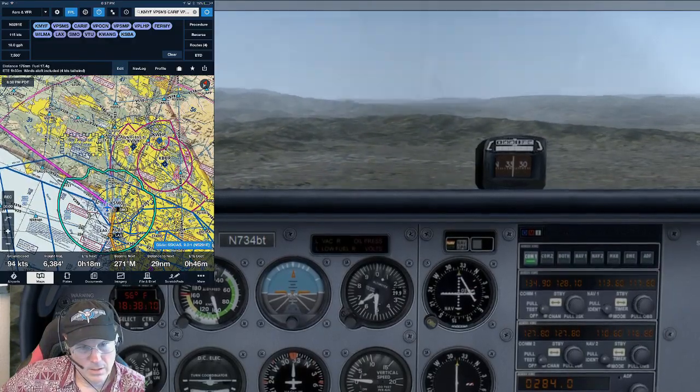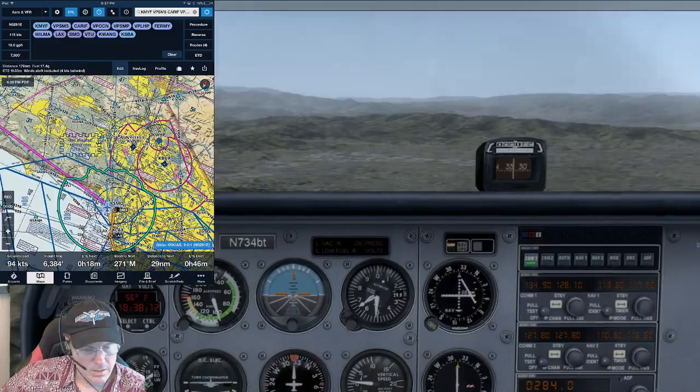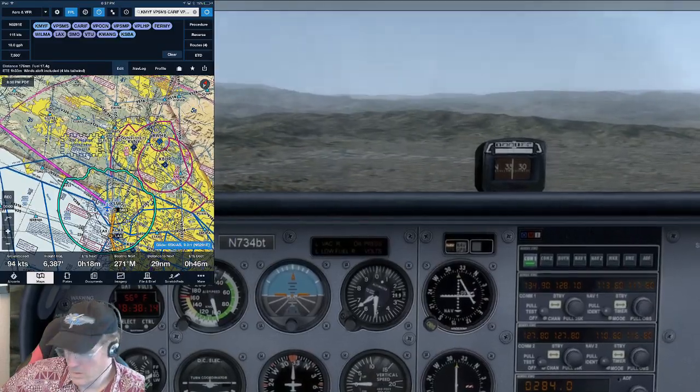Flight 1 Juliet Sierra, cross Bands at or above 8,600, cleared